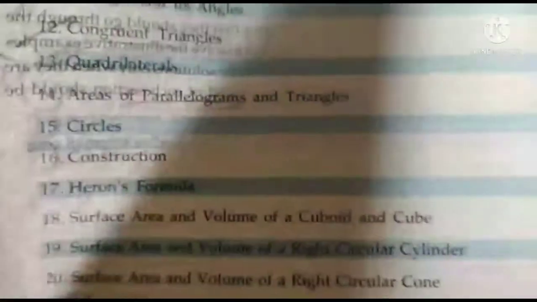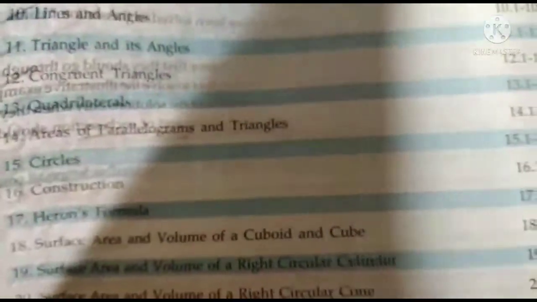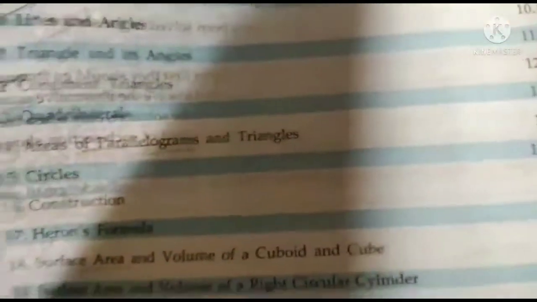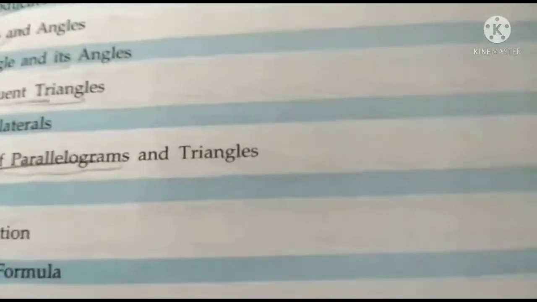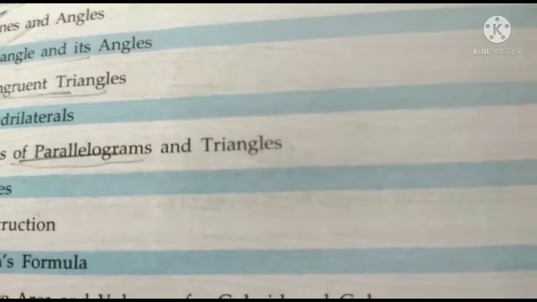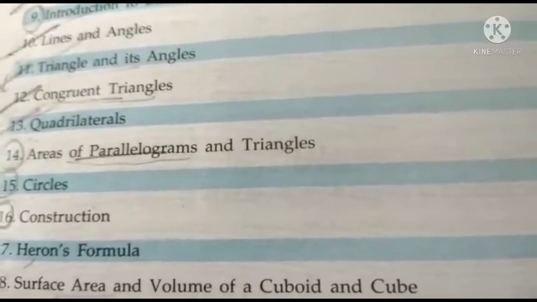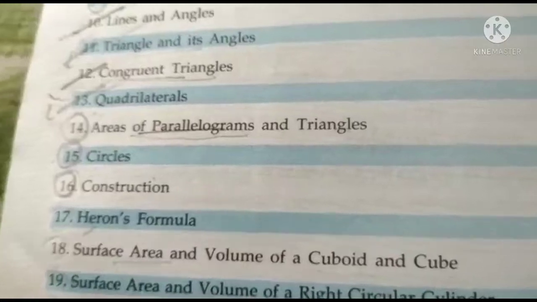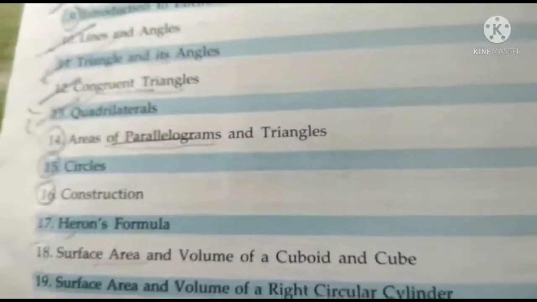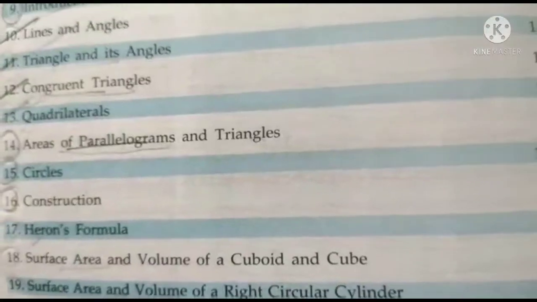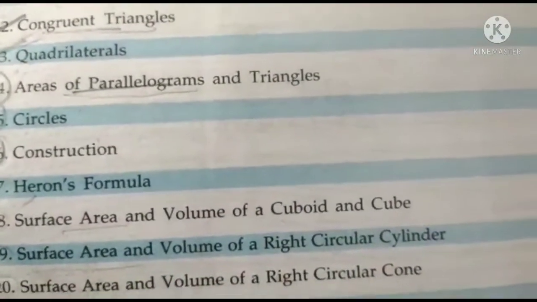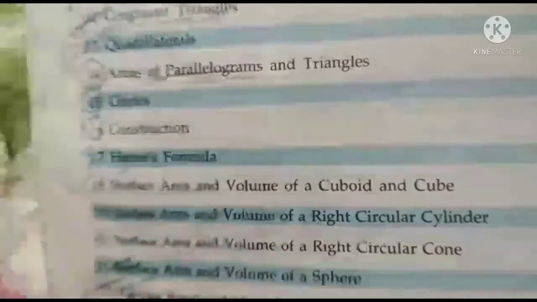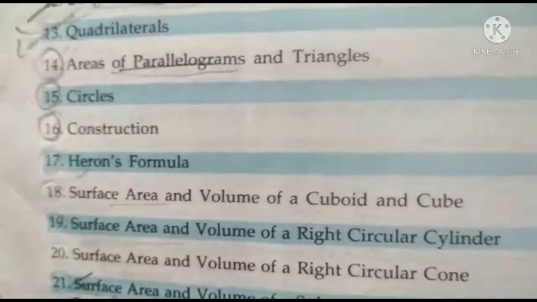In lower classes we came to know that the area of a triangle we find by using the formula root over of s multiplied by s minus a multiplied by s minus b multiplied by s minus c, where a, b, c are the three sides of the triangle, and s is found by a plus b plus c by 2. This whole formula, root over of s into s minus a, s minus b, s minus c, is considered as Heron's formula. With that formula only, this chapter's name is Heron's formula, and many other types of formulas are also there that you are habituated to do with this.